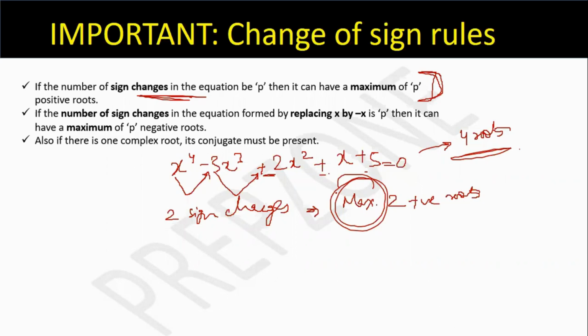नाउ सिमिलरली तो मुझे ये पता है कि यार इसके 4 रूट्स हैं, 4 में से ज्यादा से ज्यादा 2 ही पॉजिटिव होंगे, तो बाकी 2 रूट्स क्या होंगे, वो नेगेटिव होंगे, कॉम्प्लेक्स होंगे, क्या होंगे। सो Descartes रूल का जो सेकंड पॉइंट होता है वो कह रहा है कि यार तुम x को अब -x से रिप्लेस कर दो और उसके बाद नंबर ऑफ साइन चेंजेस निकालो, और तब जो नंबर ऑफ साइन चेंजेस होंगे दैट विल बी इक्वल्स टू योर मैक्सिमम नंबर ऑफ नेगेटिव रूट्स। सो व्हाट आई एम डूइंग इज आई हैव स्टेप नंबर 1, रिप्लेस x बाय -x।